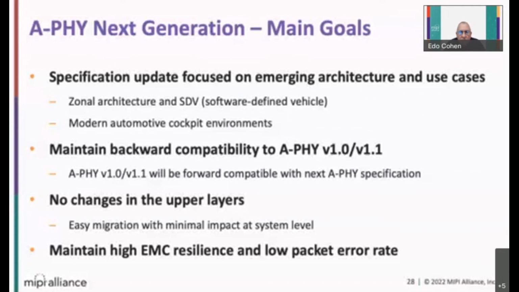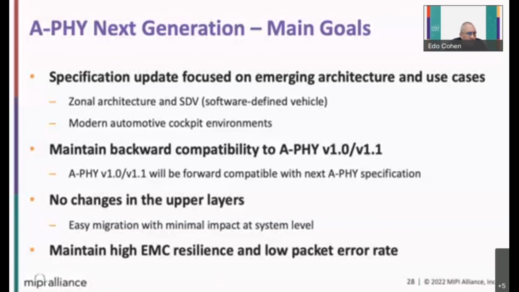Enabling easy migration and compatibility is an important enabler for system design and the evolution of products that have a long life cycle. This is also driving the third goal, to have no changes to the upper layers, to enable easy migration with minimal impact on system level design, reducing the need for any changes to system designers when migrating some of the components based on A-PHY.